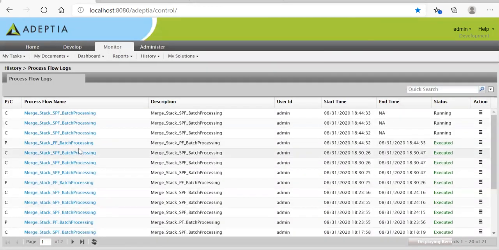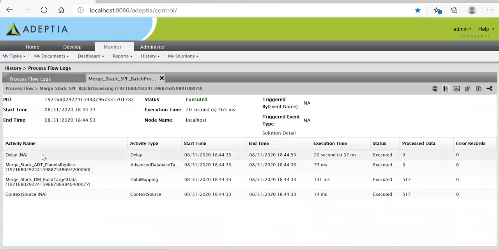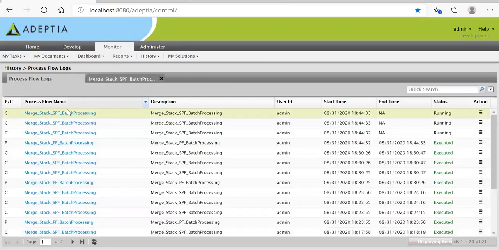Here you can see the main flow is already done. It's not waiting for the children, and all 3 children are running in parallel. Because each batch has 3 records and we have 9 records, 3 subflows are running in parallel. Those are waiting on the delay activity because I wanted to show visually that they are running in parallel.